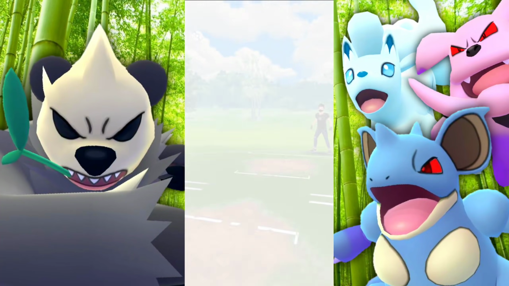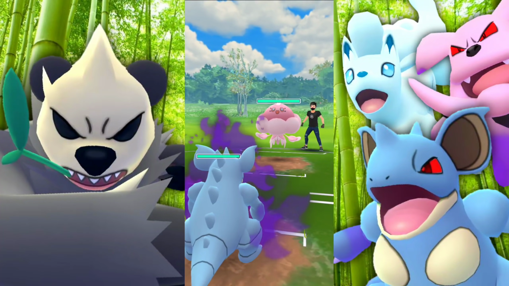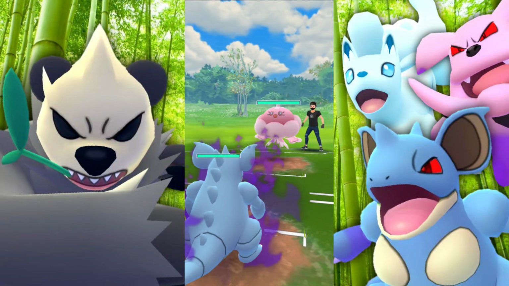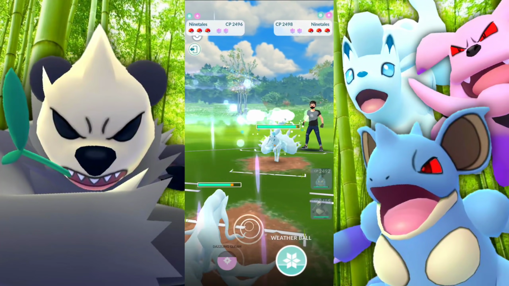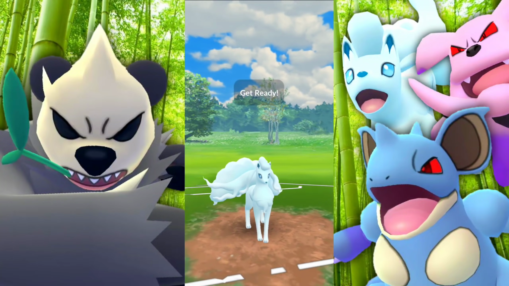Into the next battle here, folks. What are we going to be met with in the lead? It is going to be a Jellicent. Horrible lead for us here. So we swap into Ninetales, and they swap into their own Ninetales. Now, that was not a mistake, and it would have still been a pretty...